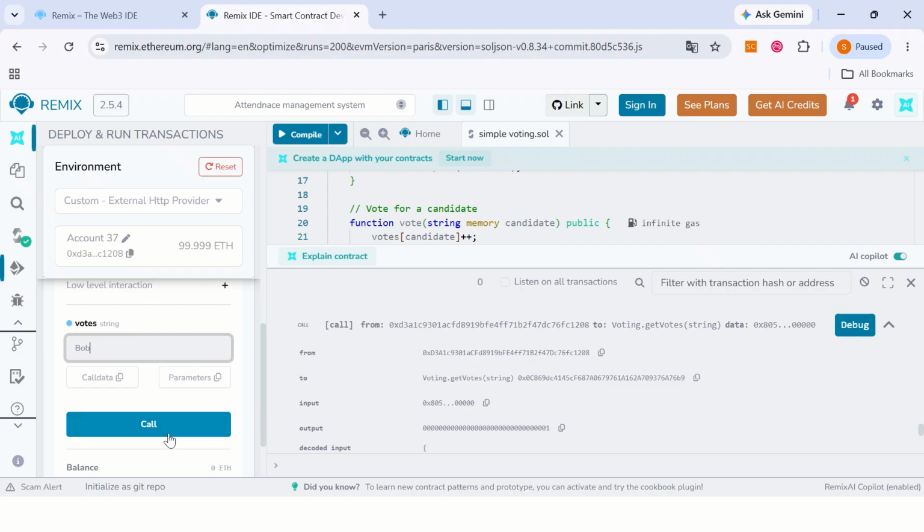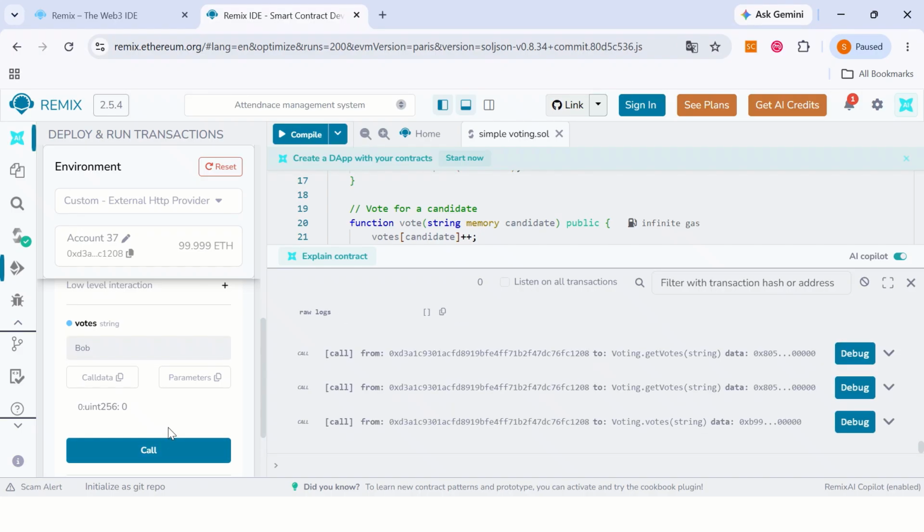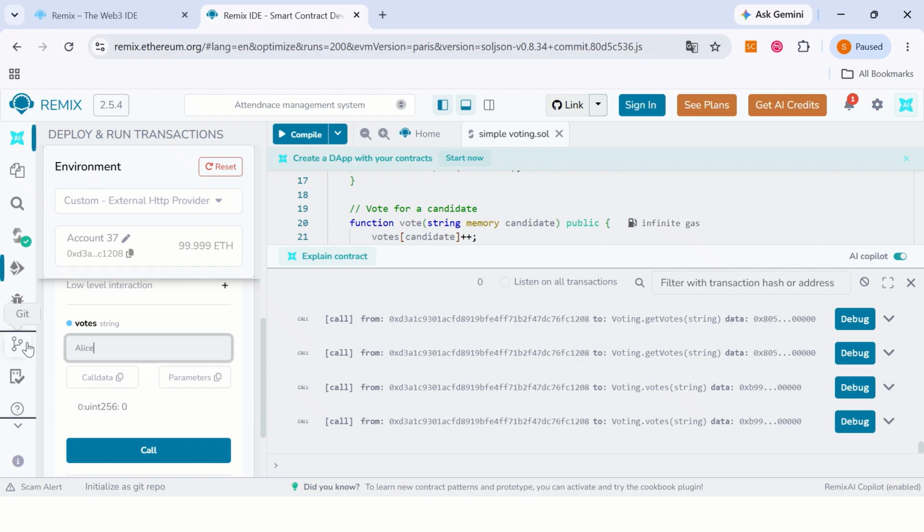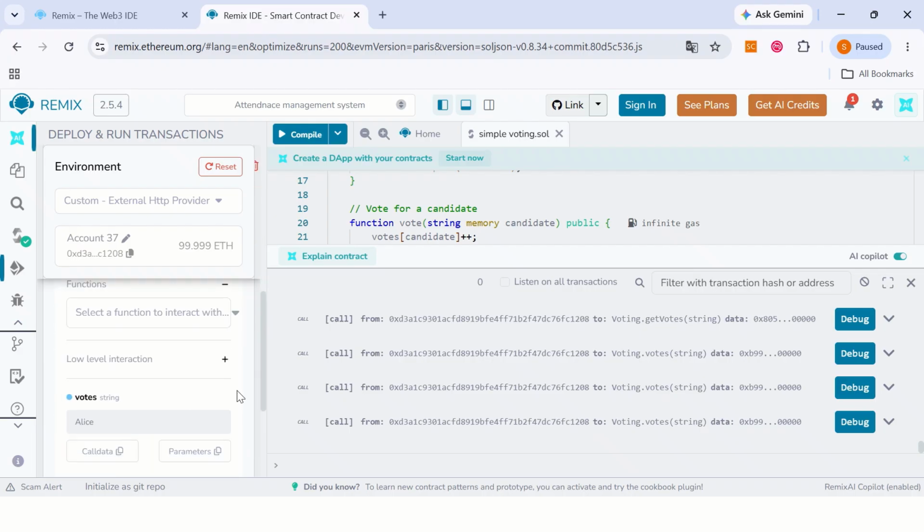For Bob, it is saying vote is 0. Okay, like this. For Charlie, it is again 0. For Alice, it is 1. So let me go and